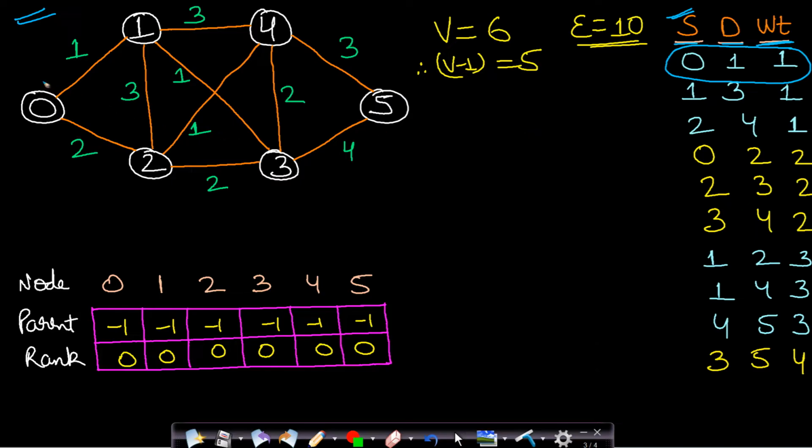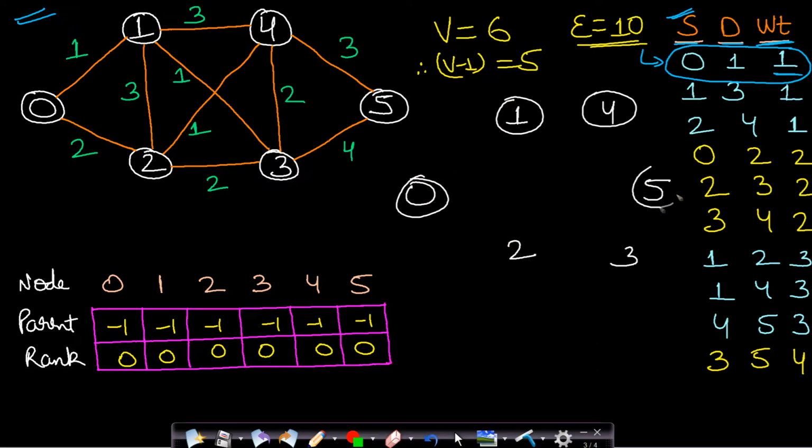Now in this case, we can start from the first edge. This first edge, after sorting, will have the minimum weight. Initially we do not have any edge in our MST. Let me quickly draw the nodes. Our nodes will be 0, 1, 4, 5, 3 and 2. These are only the vertices, so I have just drawn a rough diagram.